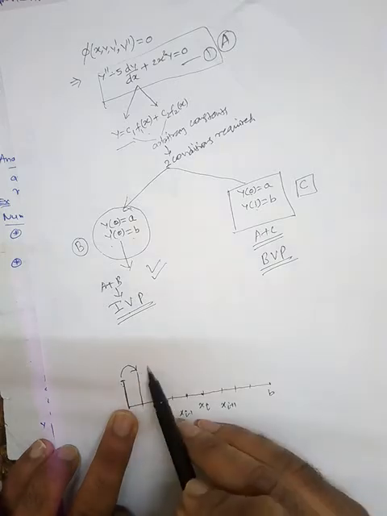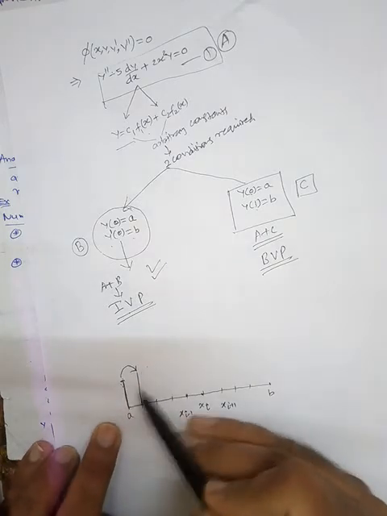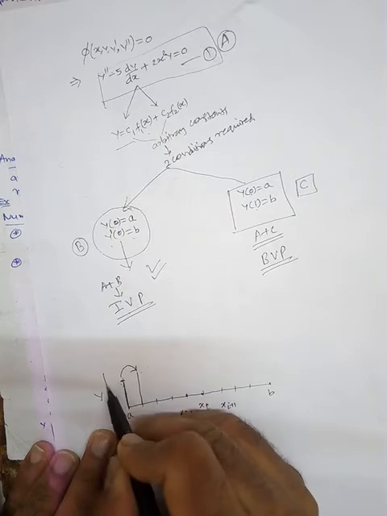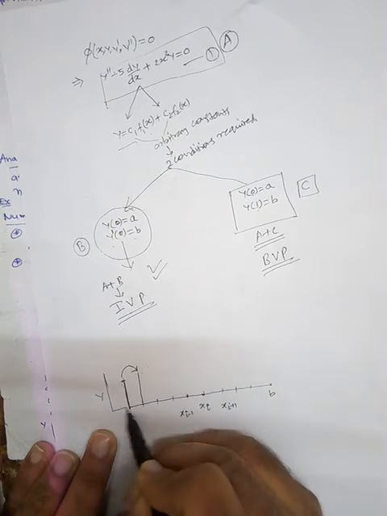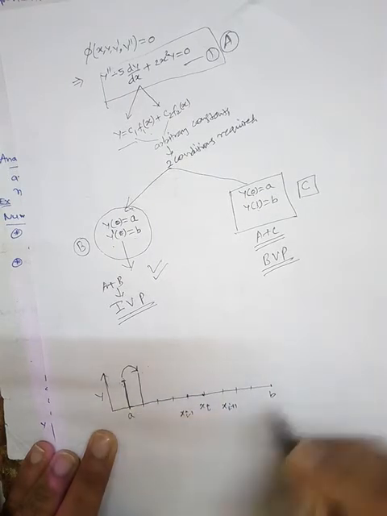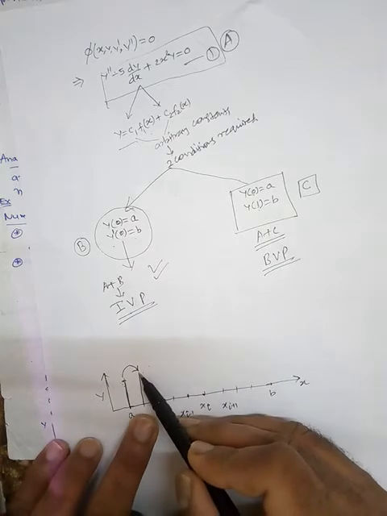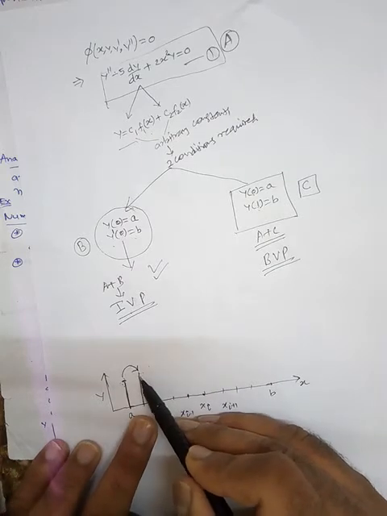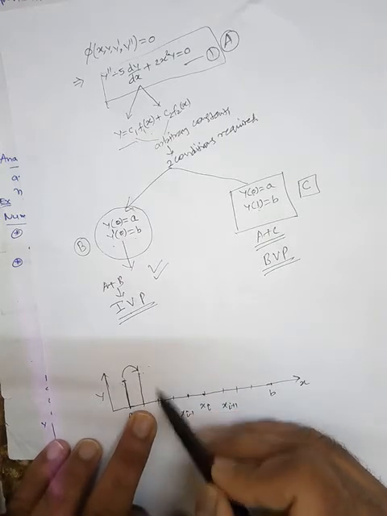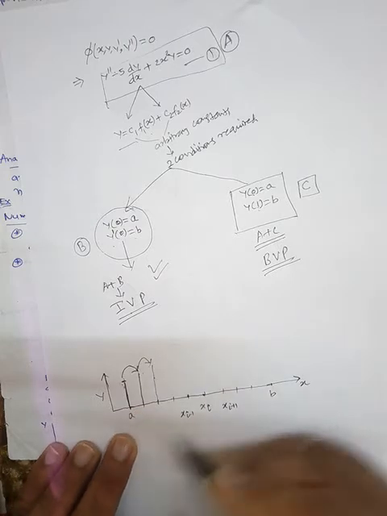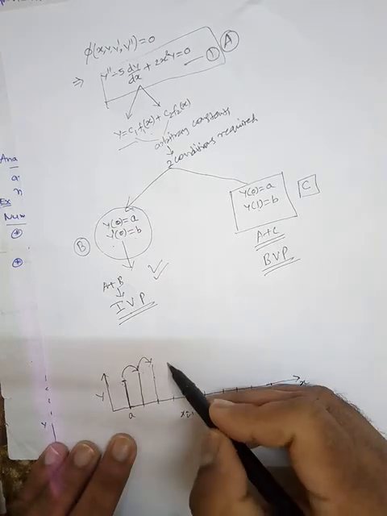We will predict this value. This is known and this is the predicted value of y. Here we have y, here we have x. Now once we have predicted this value, then we will use this and then predict the next value, this. Similarly this, and so on.